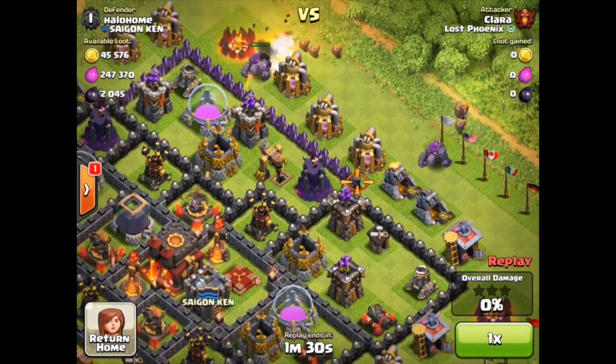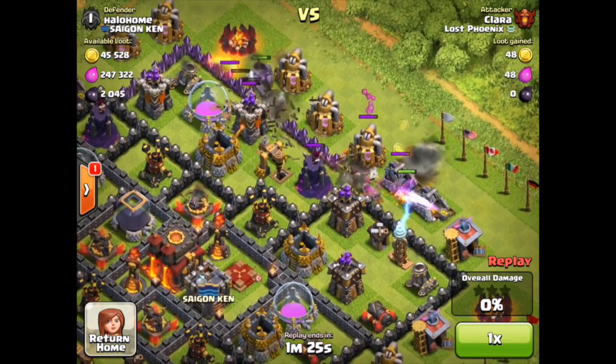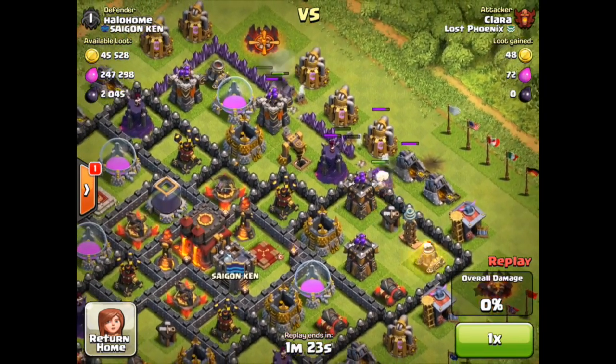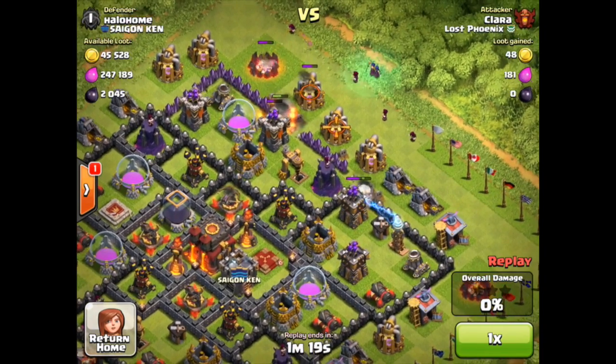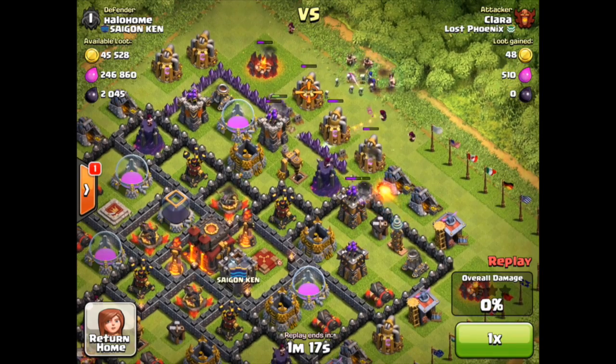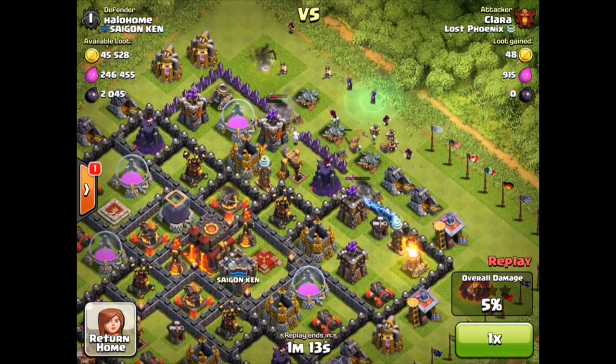And as you can see here, the king and the queen were asleep, so we didn't have to deal with that royal lure. The golems come in first, followed by the wall breakers there. She gives the golems a little bit of a lead so that the wizards aren't going to get targeted by those defenses. Now the biggest difference you'll see here between Clara's attack and the first attack we saw today is